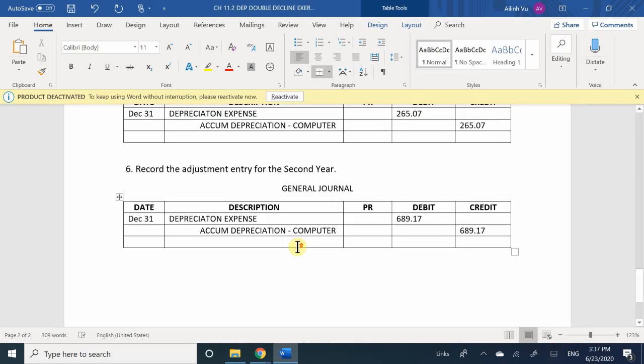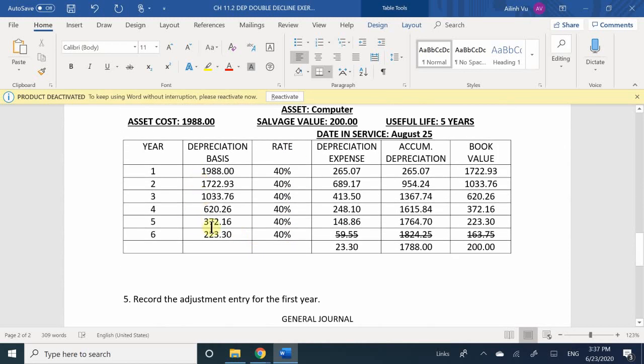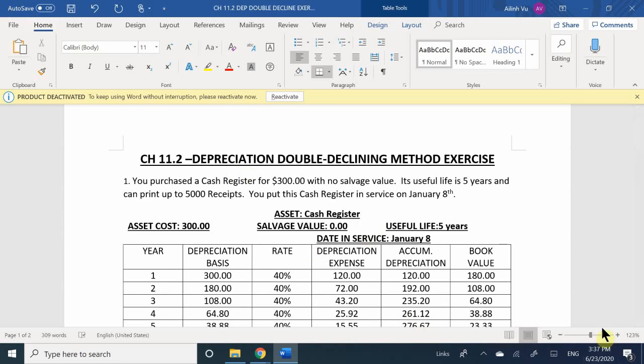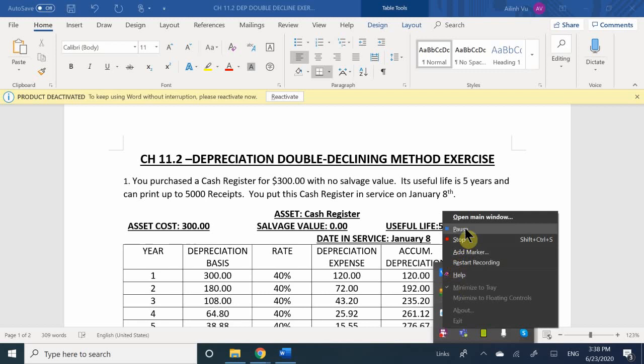All right, good. So here we recognized that it ended after the 5th year, which it really didn't, because we still had life remaining, and we had to change the value here. Once again, when you're dealing with double declining, and actually in general, your book value should always match your salvage value. So that is all I have for today. I mean, we can keep working on another extra problem, but I do